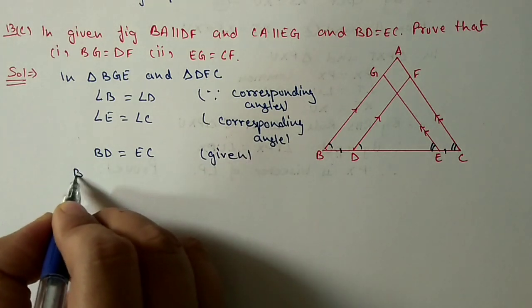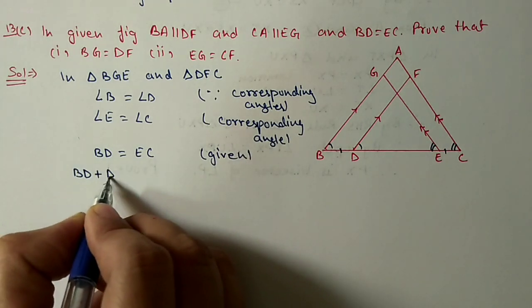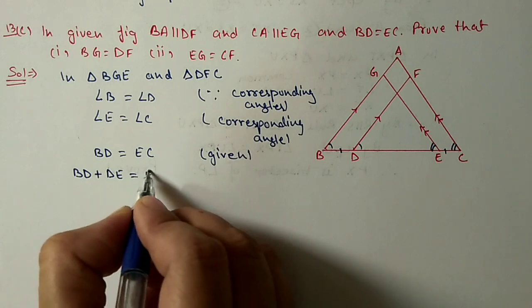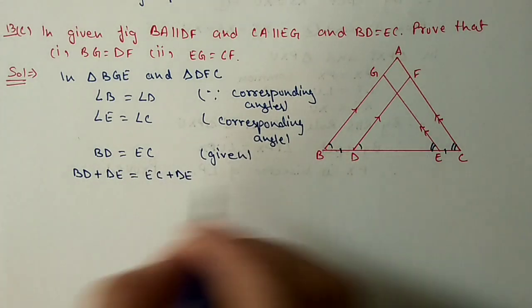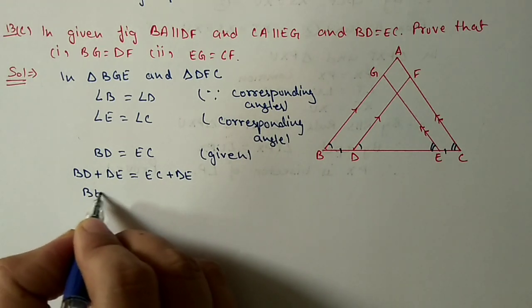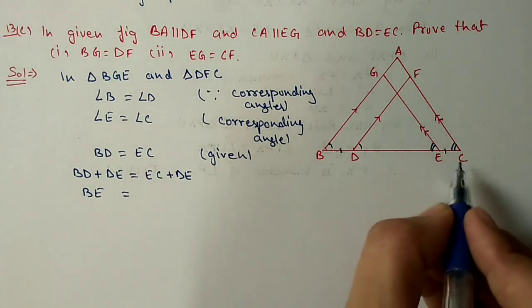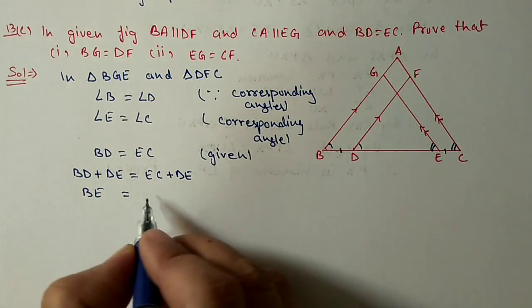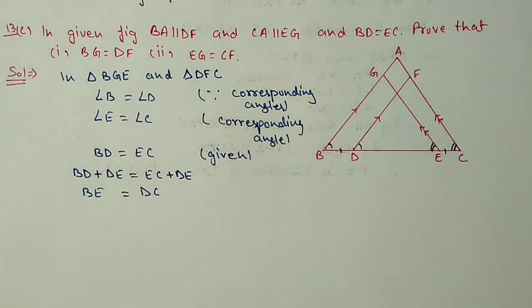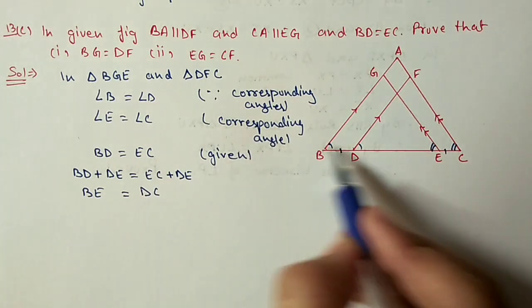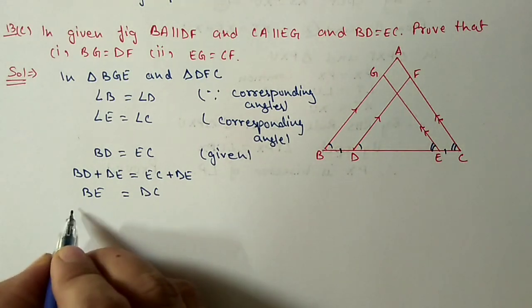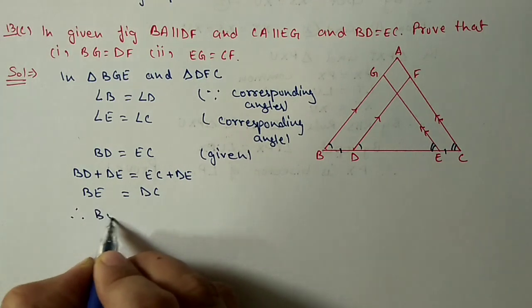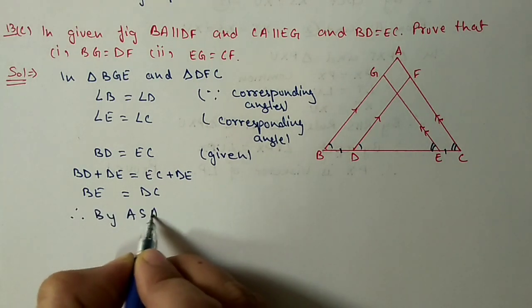Now what we are doing, we will add DE to both sides. Then BD plus DE will become BE, and EC plus DE will become DC. It means this base is the same for both the triangles. This base is also equal. So therefore, by angle side angle rule,